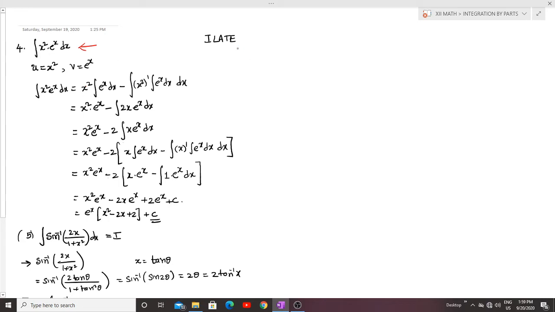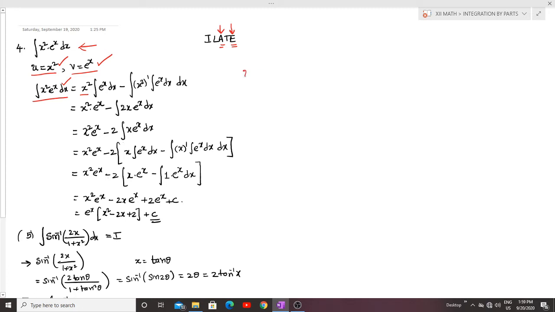So this time I have to follow ILATE. In that ILATE, x square is algebraic, e is exponential. So algebraic is coming first, exponential is coming next. Therefore, u is equal to x square, v is equal to e power x. So integration of x square into e power x into dx is, see, I am writing x square into,